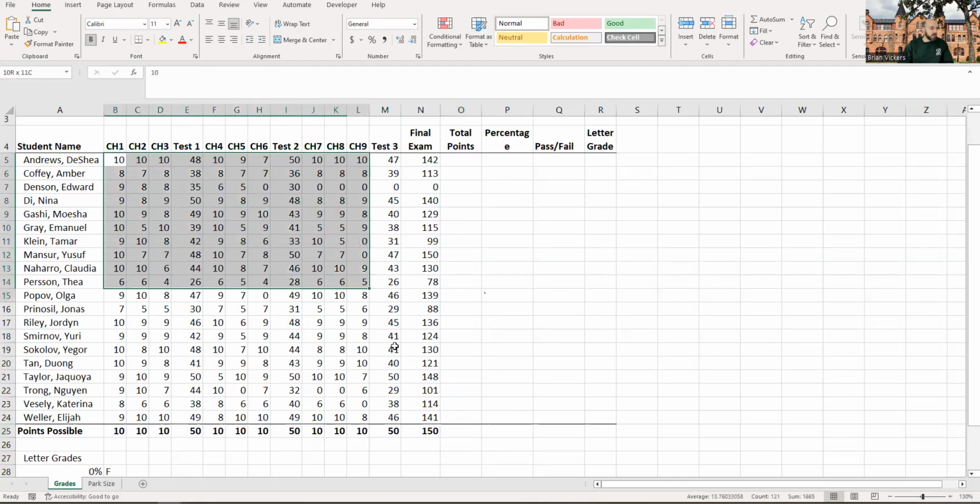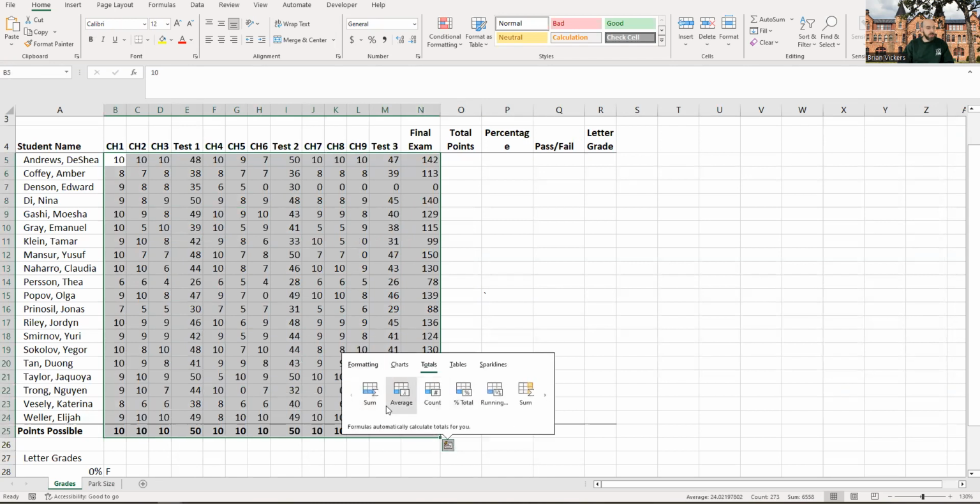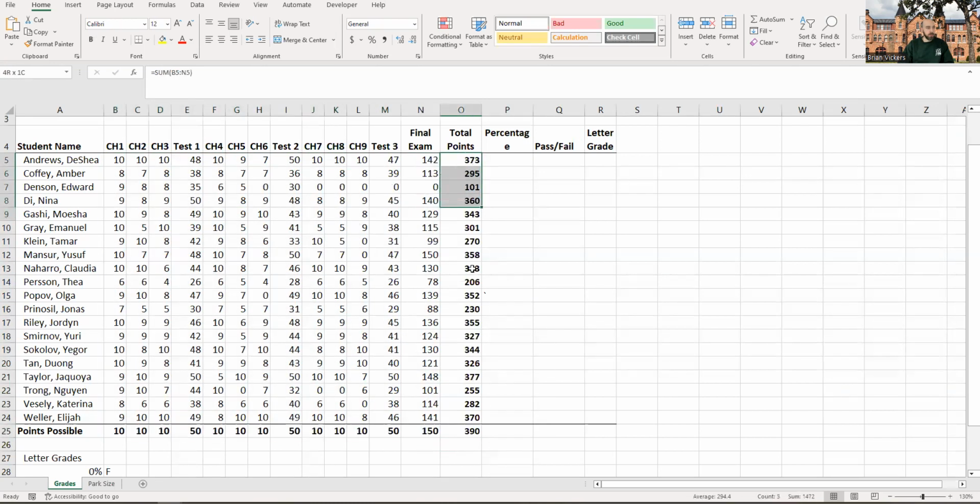All the way from B5 down. I just did the bottom row. All right, quick analysis, totals, and then sum. There we go. Total points are over on the right. Fantastic. All right, from here,